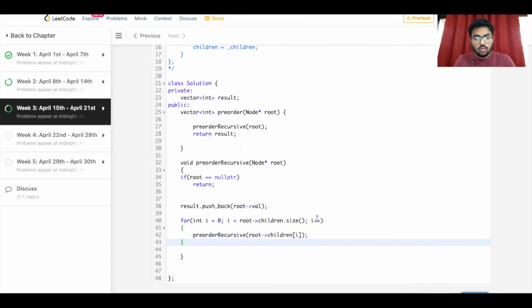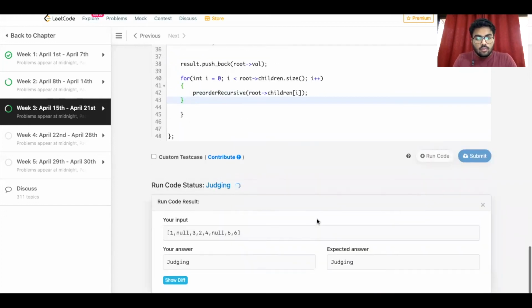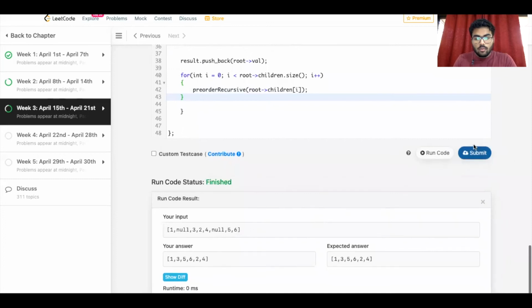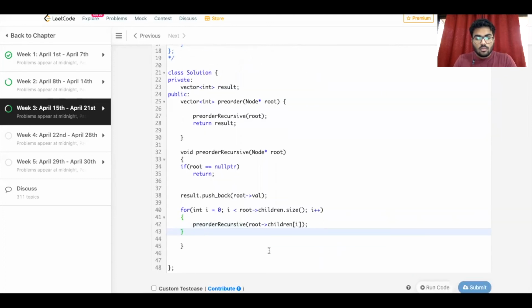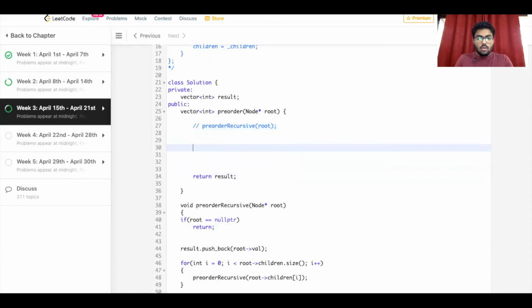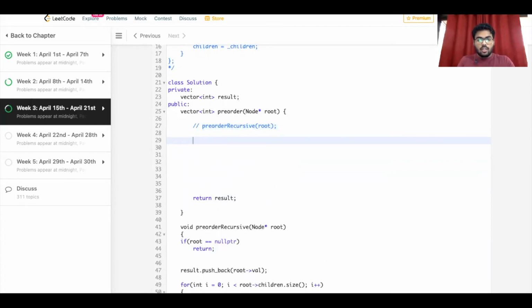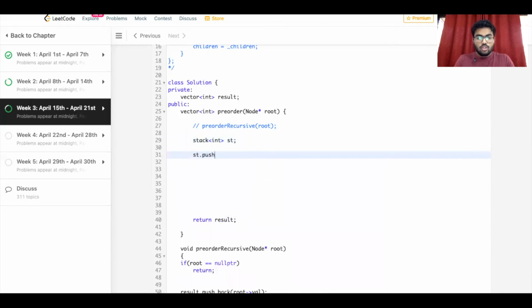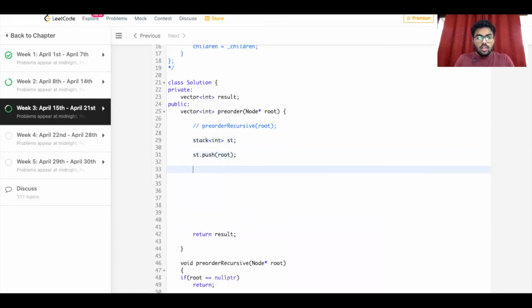Let's just run the code. Yeah, that works. Now this was a recursive solution. Let's try to solve it by iteration. So we have result, we have everything in place. So we create a stack as we do in all the pre-order traversals. We do st and st dot push. We push the root first, and then while